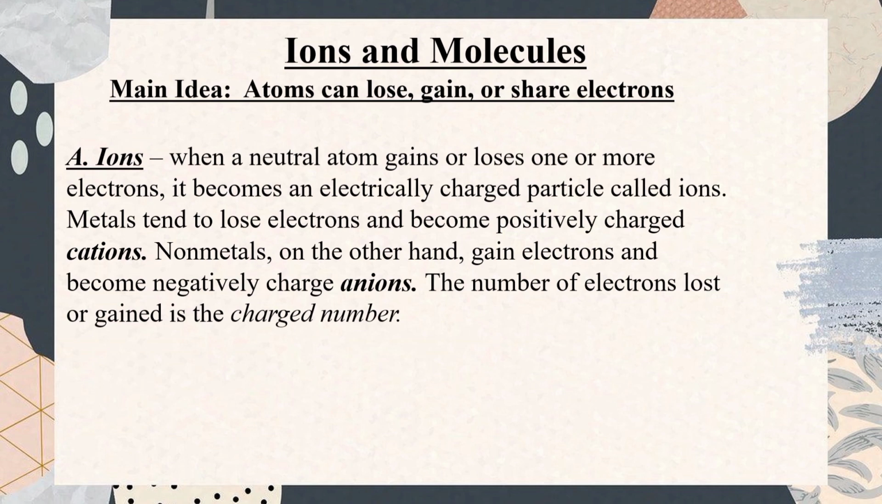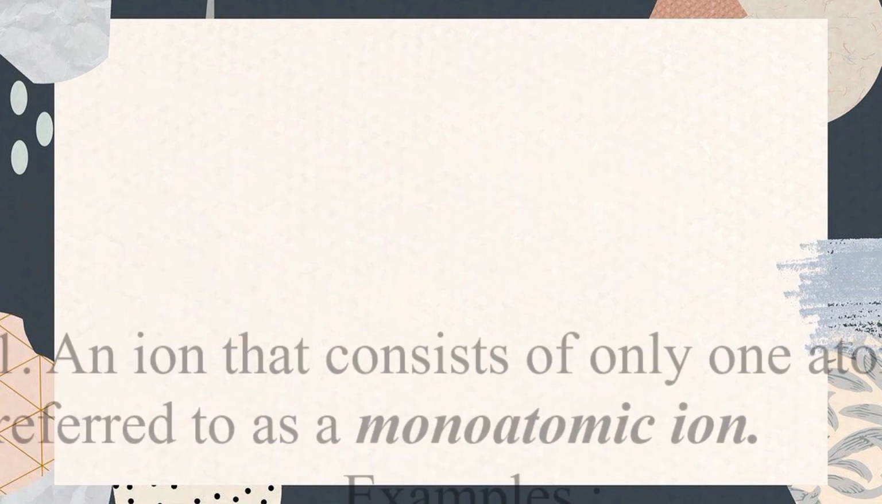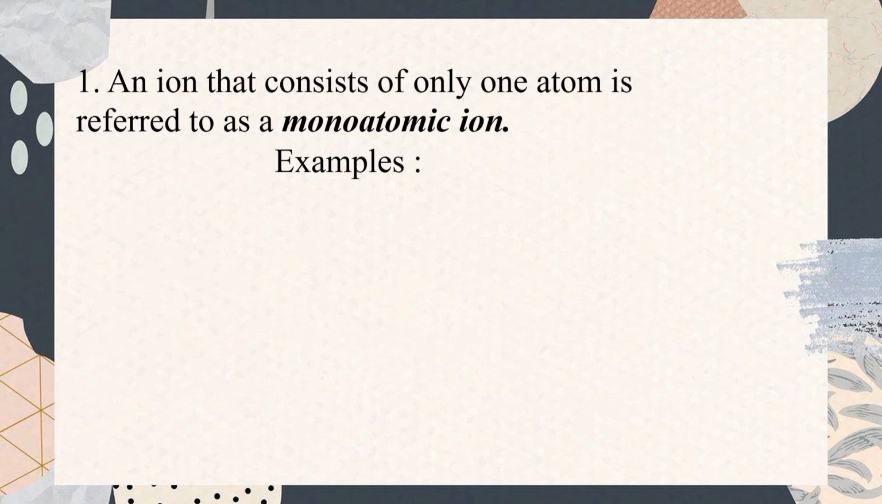Metals tend to lose electrons and become positively charged, called cations. Non-metals, on the other hand, gain electrons and become negatively charged, called anions. The number of electrons lost or gained is the charge number. An ion that consists of only one atom is referred to as a monoatomic ion. Examples are